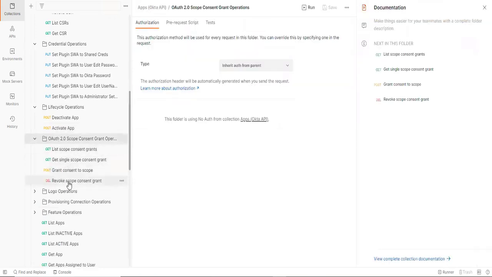So this one is somewhat complicated. Even I haven't worked on this. It is just like updating the scope for our authorization servers. For example, if you are integrating an OAuth app, by default the OAuth app will take Okta as an authorization server. If you want to build your own authorization server and you have to grant the scope for those authorization servers, you can make use of this.